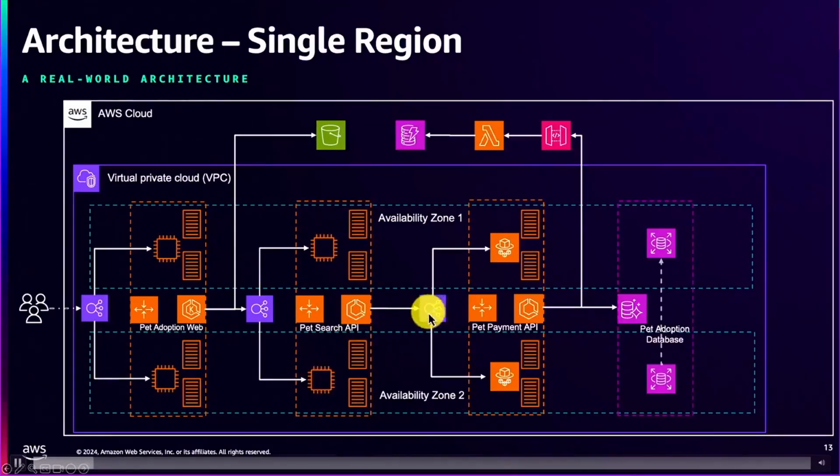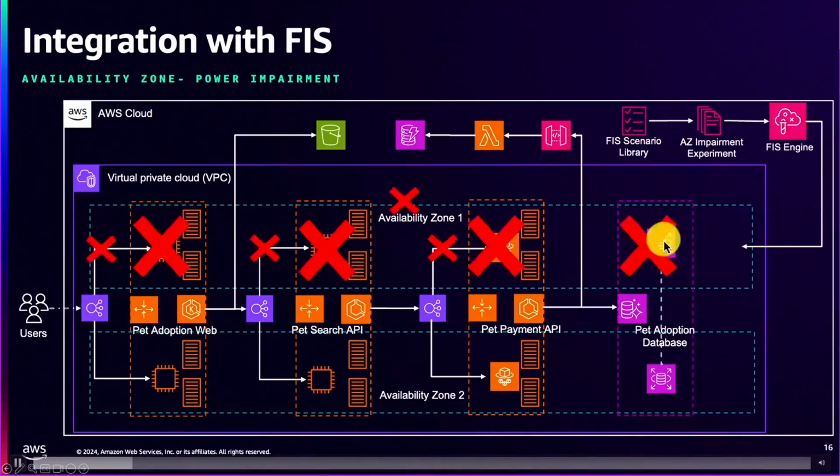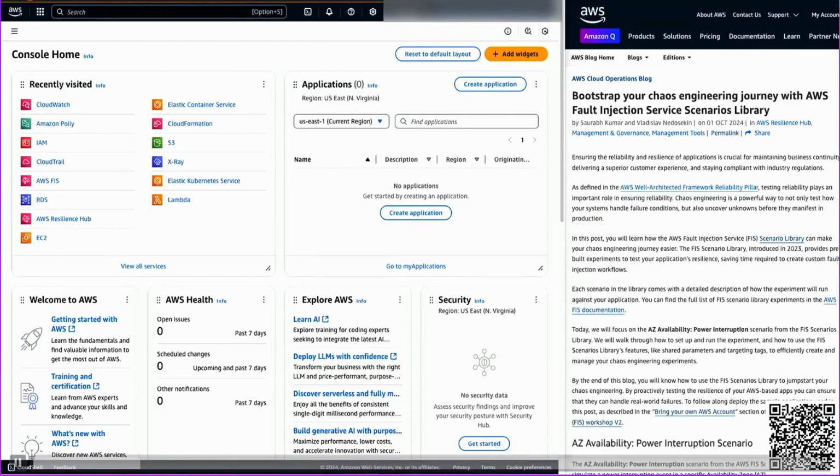The compute for the application runs multi-AZ. The RDS instance is also multi-AZ. So a very, very typical kind of application you've probably seen before and deployed in your environment. And there's a bunch of other regional services that the application depends on, like S3, Lambda. And what we're going to do here is inject the failure through FIS that would kill one of the AZs and simulate that AZ interruption failure.